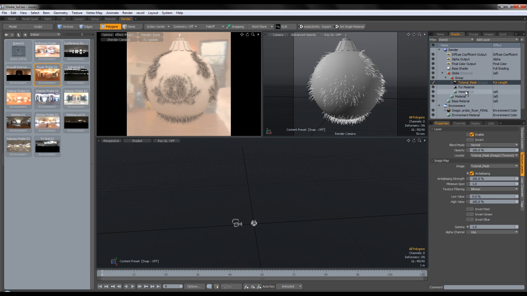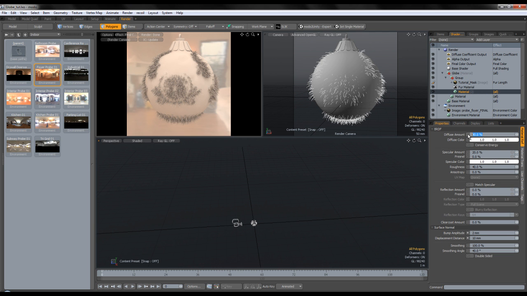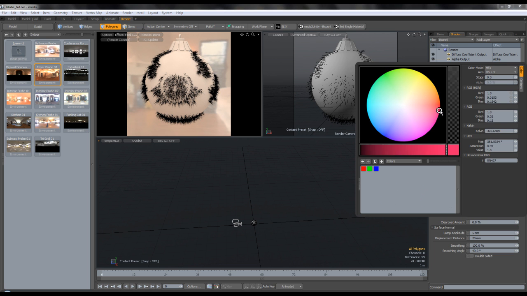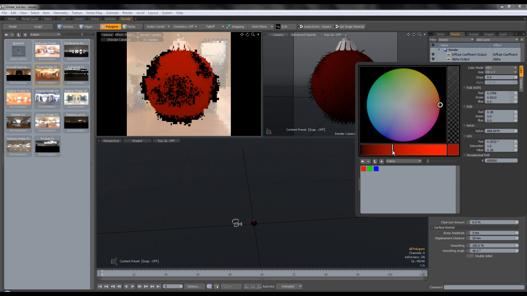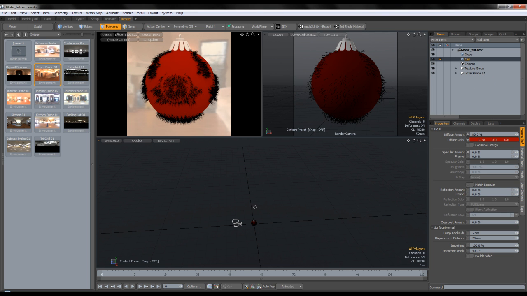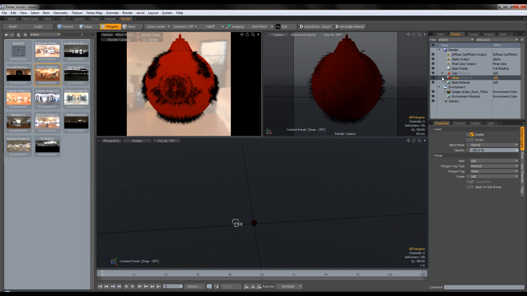So what we're gonna do, we're gonna set the diffuse amount for the fur to be 0, and for the globe, let's just pick something like this red here. Okay, let's assign also material to the cap and save our scene. Okay, so let's start with the cap. Now the cap